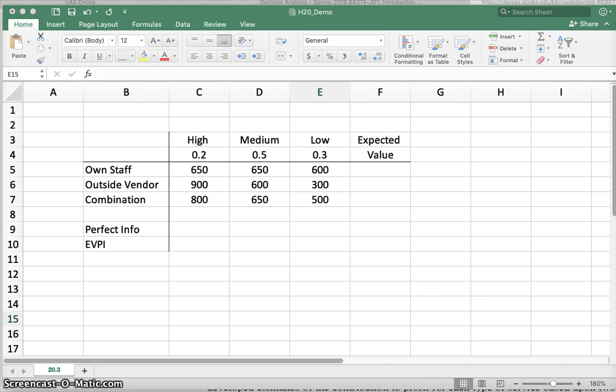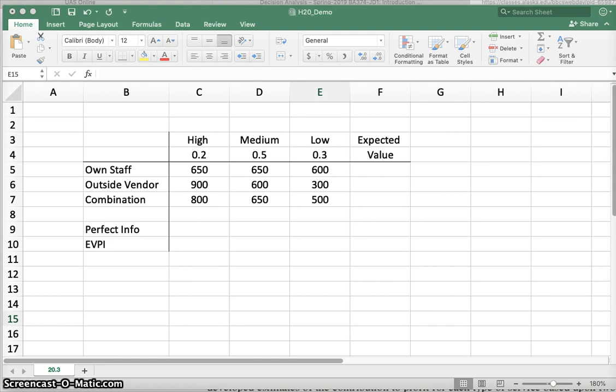Just as a matter of interest, a more complicated variation of this is how airlines set their prices. We know that airline prices change a lot from day to day and from seat to seat, and they use a variation of expected monetary value. They call it expected monetary seat revenue. They also call it yield management, and this is kind of how it works.